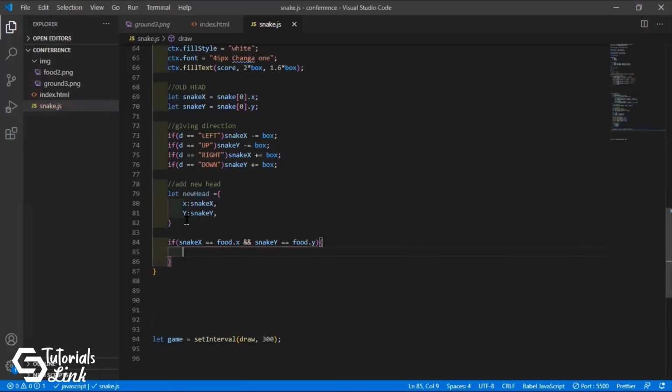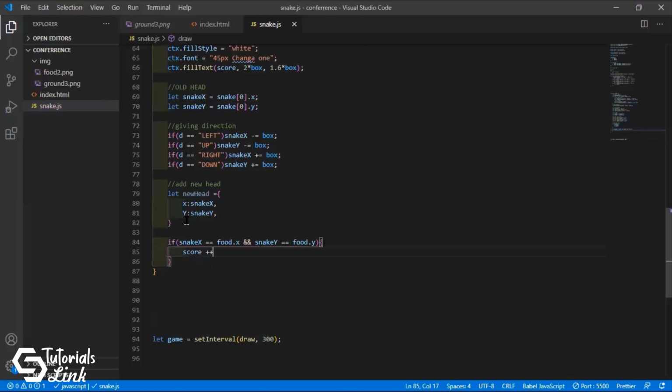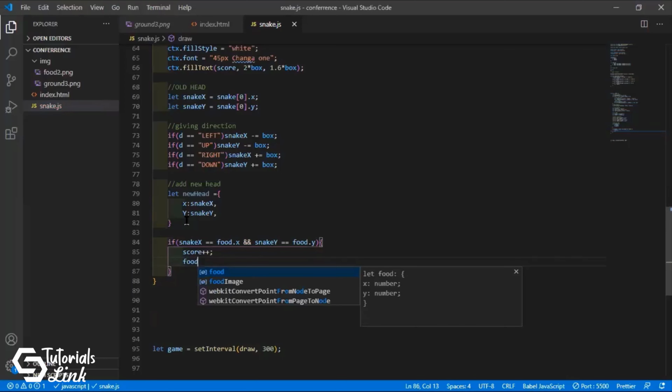It means that if the snake head x position and snake y head position is matching with the food respectively, then what we will do, we'll just increase the score, and we will generate the food again.